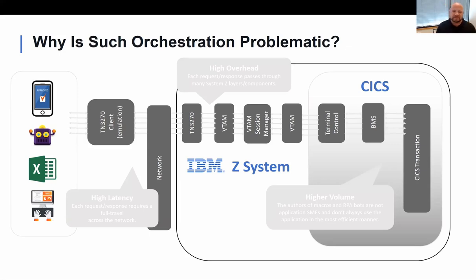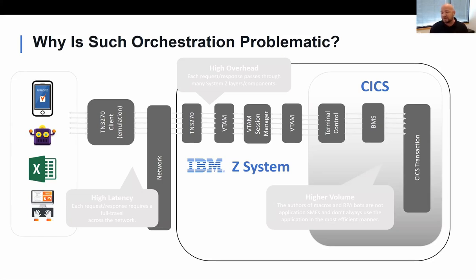So sometimes we have to take a step back and remind people of all the software components and layers that are involved in these integrations. When you actually transit into the mainframe to run a simple CICS transaction, it traverses all of these layers that we see on the screen. Although they've been optimized over decades, they still take time and resources.